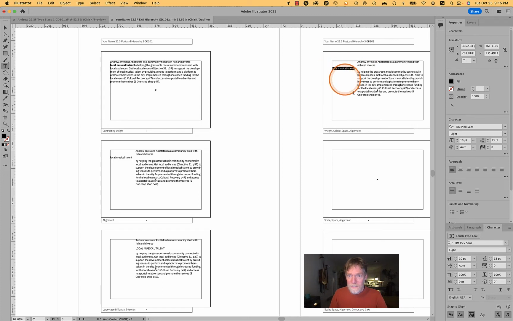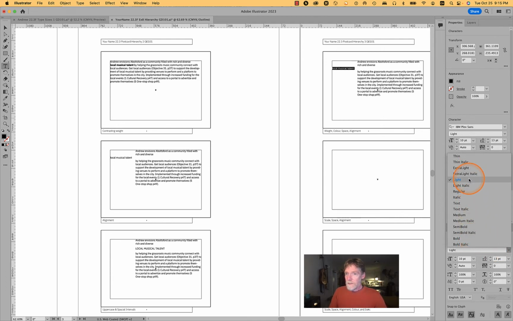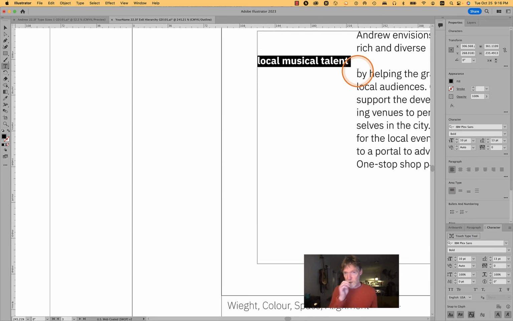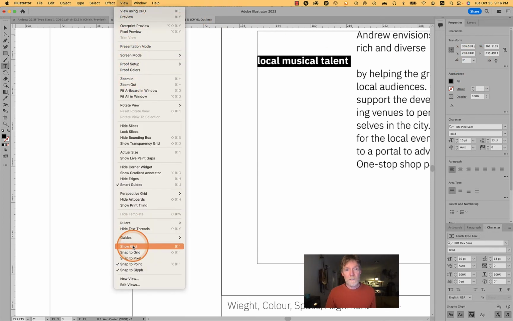Going to go ahead and select this, and we're looking at weight as well. So choose bold. You can see here that IBM Plex has a pretty wide range of weights. If you're staying at the same size, you don't want to go up 1 step, you want to go up at least 2. And this one here is actually set for text. So it would be 1 and 2, and I'm going to go all the way up to bold just to make it more apparent. But it's a good rule of thumb to always go up by 2 steps if there's such a large range. Go ahead and turn my view back to preview,